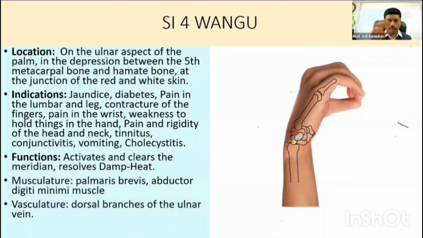So hopefully we understand that SI4, Wangu, is for treating jaundice, along with scapula and shoulder pain. Remember again, jaundice is related to bilirubin, biliverdin, direct bilirubin, and alkaline phosphatase excess, which are called the liver enzymes. Our professor told me you just apply SI4 and it is enough. But still, as a supplement you can use it, and we try to rule out by doing another investigation to understand whether jaundice exists or not.